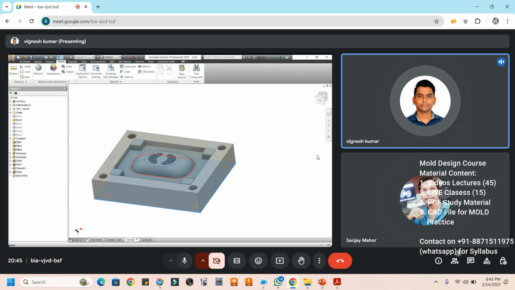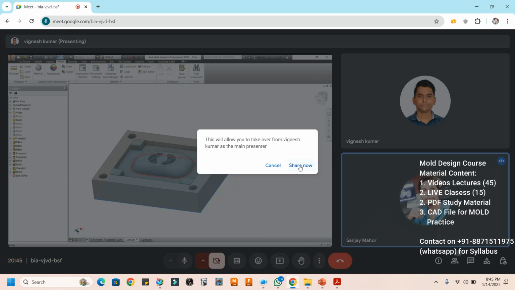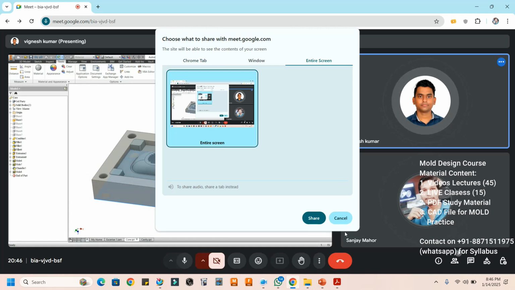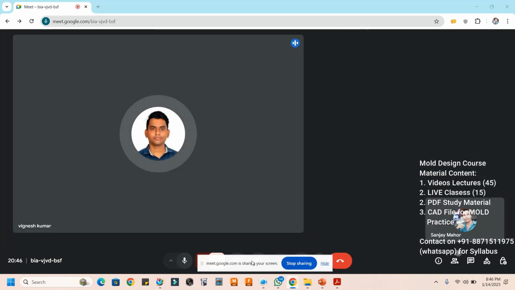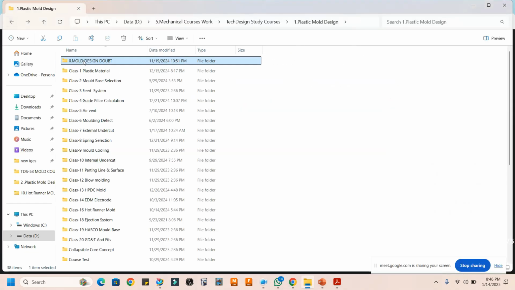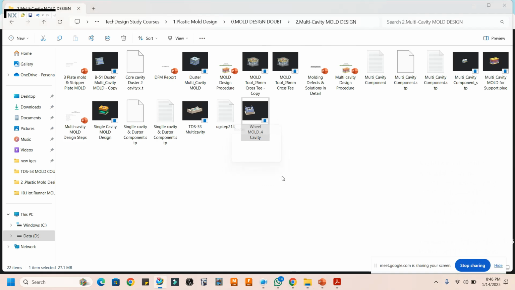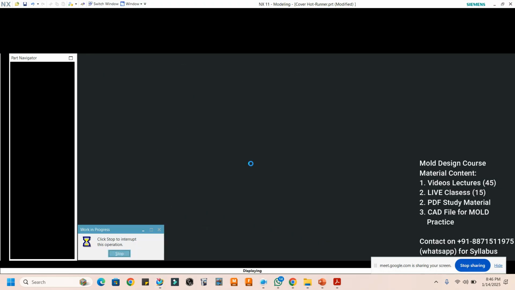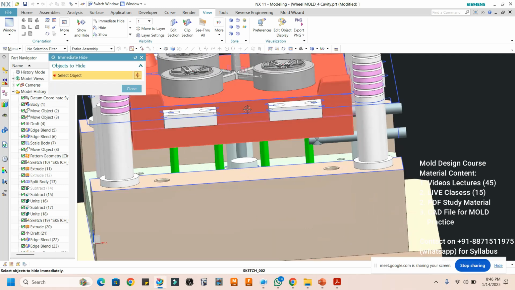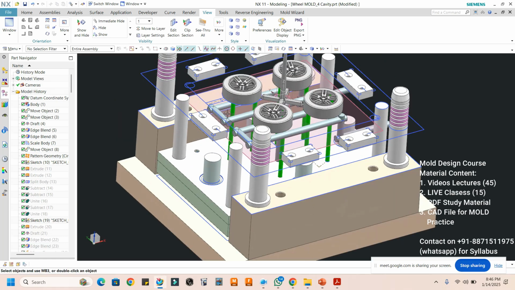Should it be locked with something, or will it be open? Since water might leak inside, those things should not happen. One minute, may I show you? I'm showing you that cooling. Okay, just stop the sharing, please. Yes, sir, I'm doing it. Okay, one minute. Multi cavity, I think I have cooling in this. You see here.